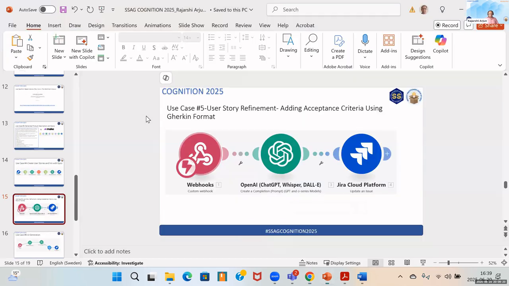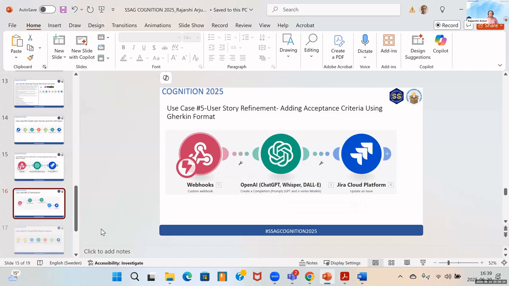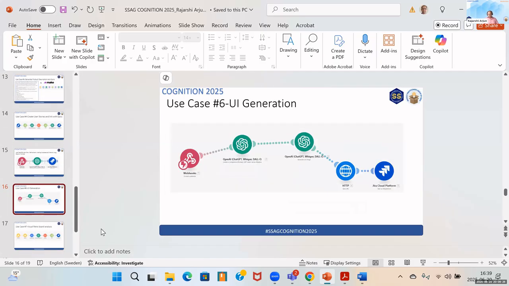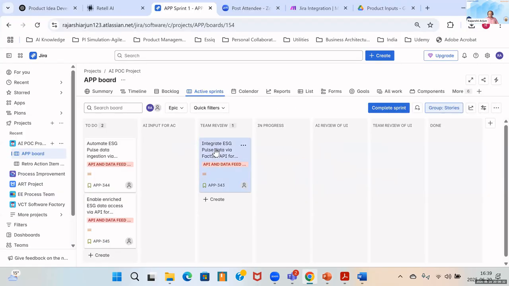So that is what I wanted to cover as the fifth use case. Now, the sixth use case is a little bit more interesting. The sixth use case is, imagine now that this story has an involvement of a developer and a designer, and you want to come up with a user interface.